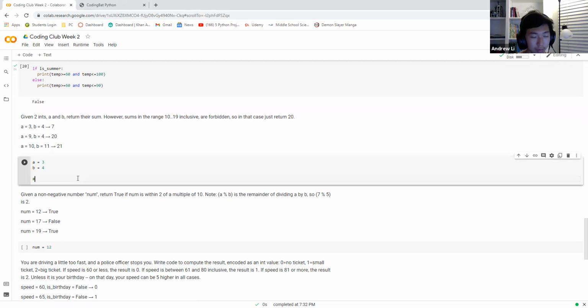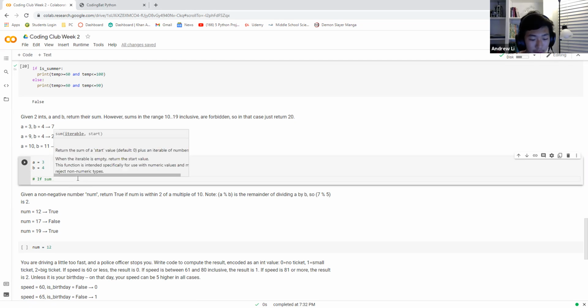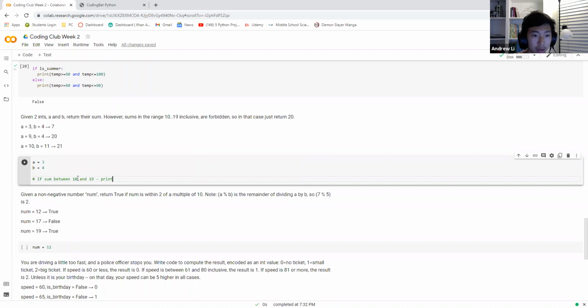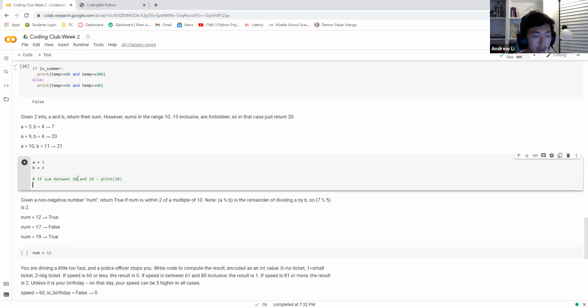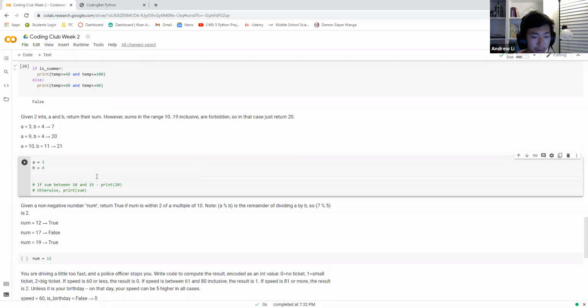What we're going to do is first check if the sum is between 10 and 19. We'll print 20. Otherwise, I guess, just print the sum. So first thing first, what we're going to do for this question is,